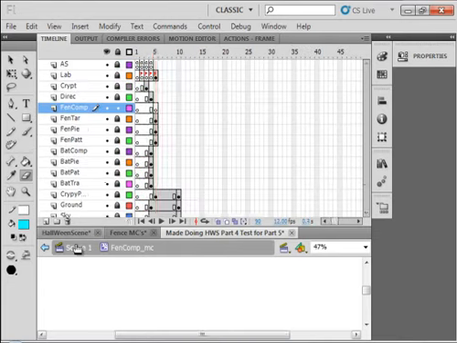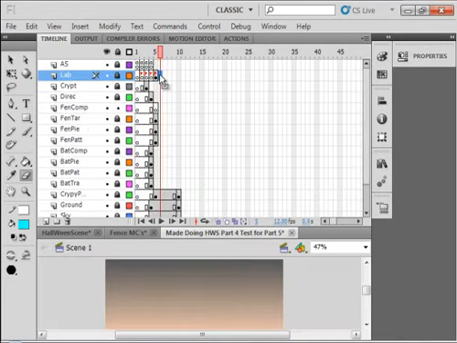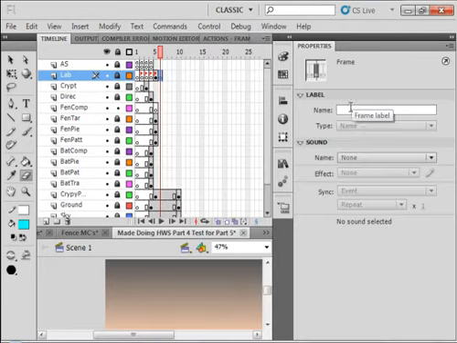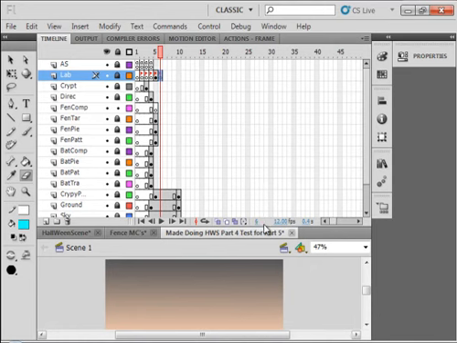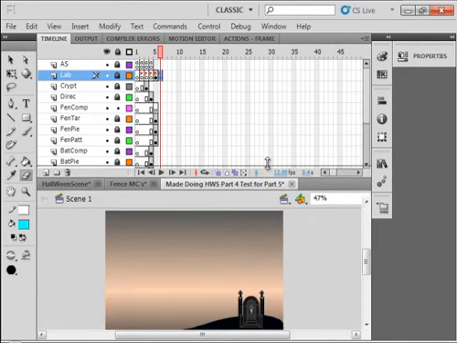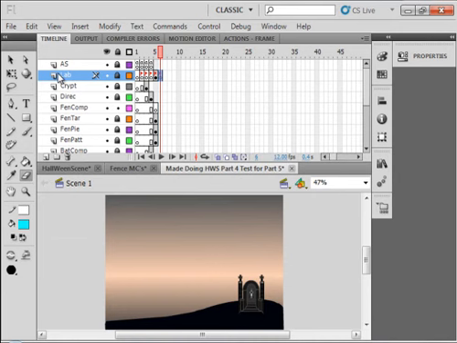Let's go back to scene 1 for a minute. Here, insert a keyframe or blank keyframe and paste that in for the frame name tree. Good. And while we're at it, let's do the same as we did with the other previous layer. Let's make sure that all the layers are locked. Let's unlock this labels layer, pick up our text tool and put a 6 here so we'll know when we jump into frame 6. Pick up my selection tool,